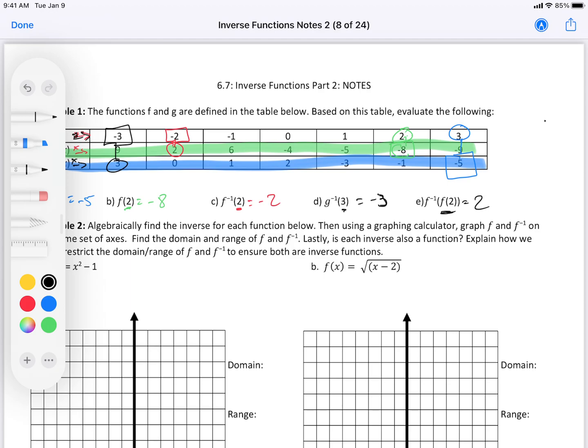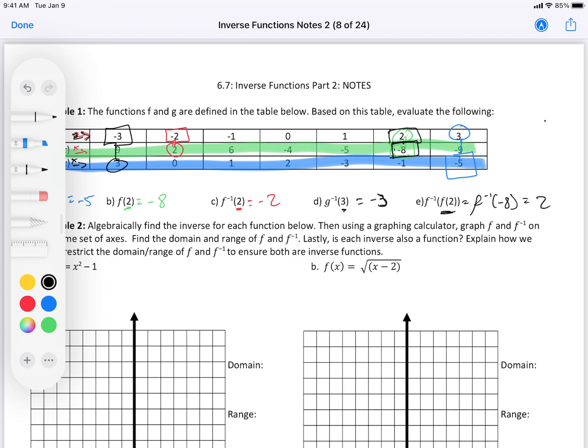Well, f of 2 is -8, okay? And so then what we're really doing is finding f inverse of -8, right? Well, f inverse of -8 is 2,